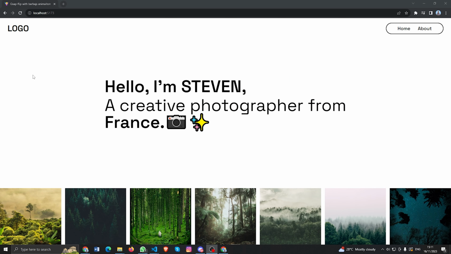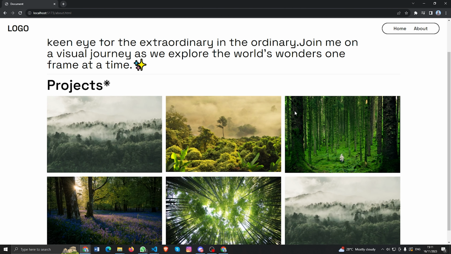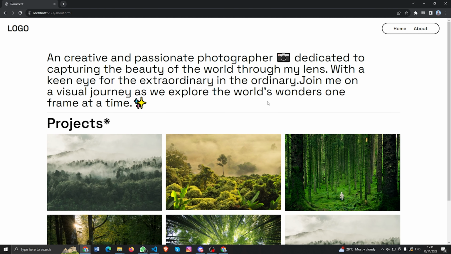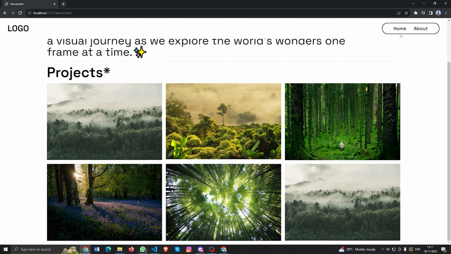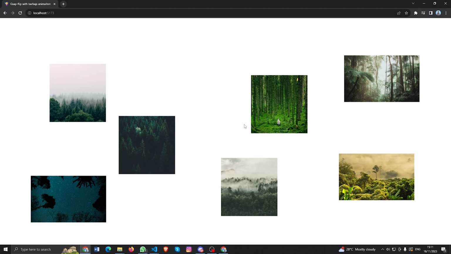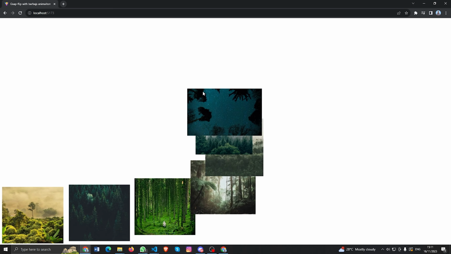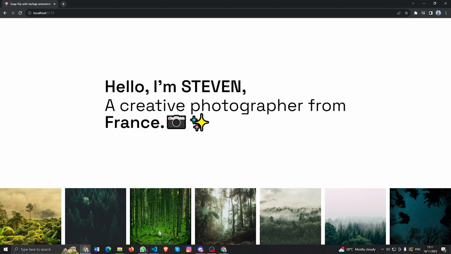We'll use this GSAP Flip animations source code, and add Barba.js over here. Right now we don't have any page transition. If I click over there, nothing happens. Did you see? I just created a new page called about page, and nothing happened basically. If I go back to the home page, you will see the intro animations. So let's add the